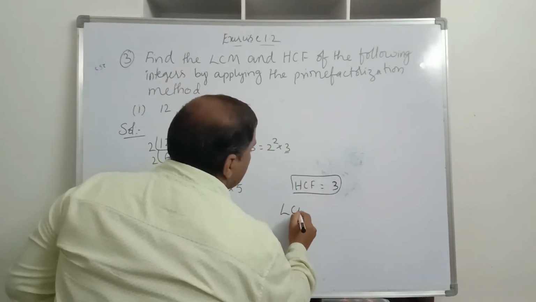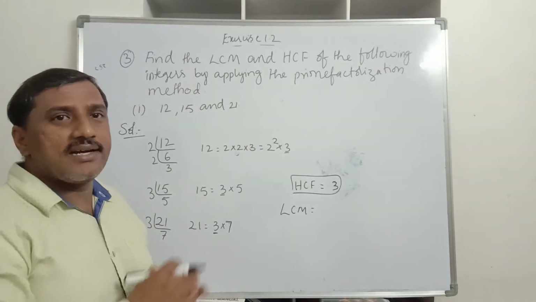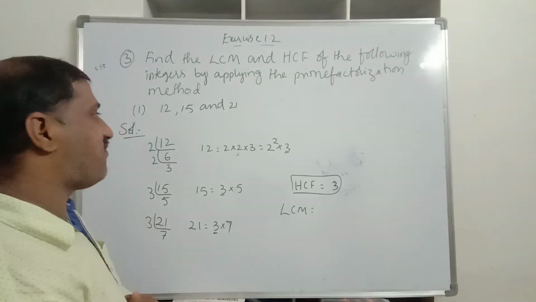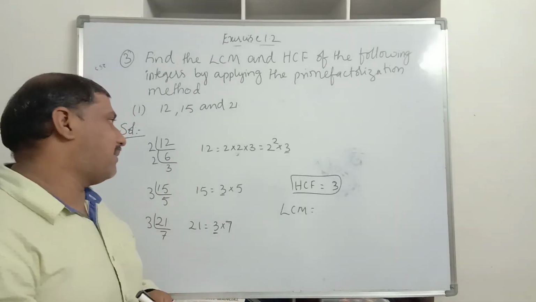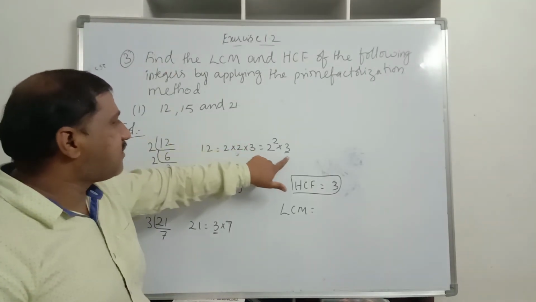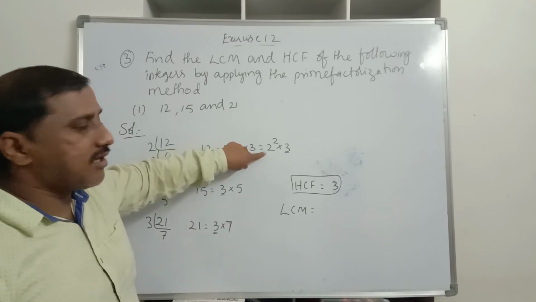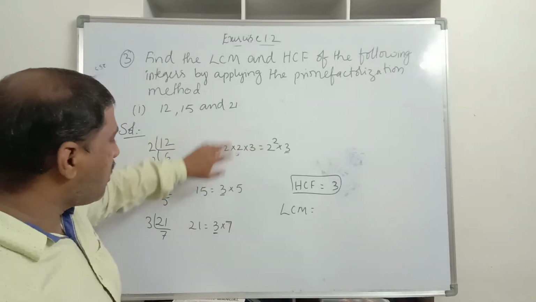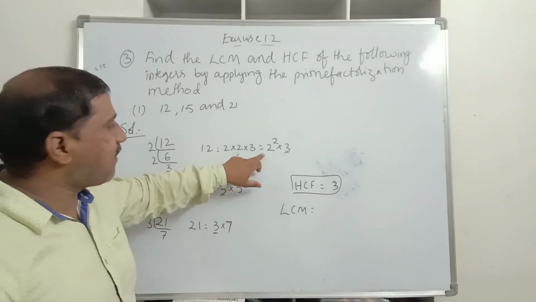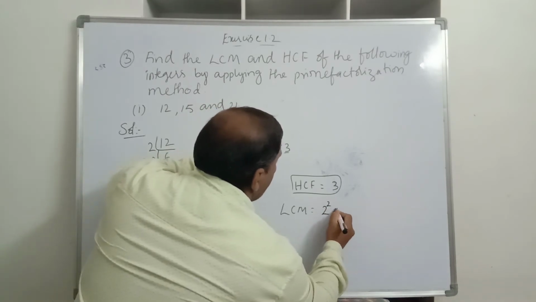Now LCM is equal to the product of the greatest power of prime factors, the greatest power of all the prime factors involved in the numbers. So here what are the prime factors which we have? 2 is there, 3 is there, 5 and 7 is there. What is the highest power for 2? It is 2 squared only. It is for 12 only that we have the prime factor 2. Therefore the highest power is 2, so it is 2 squared into